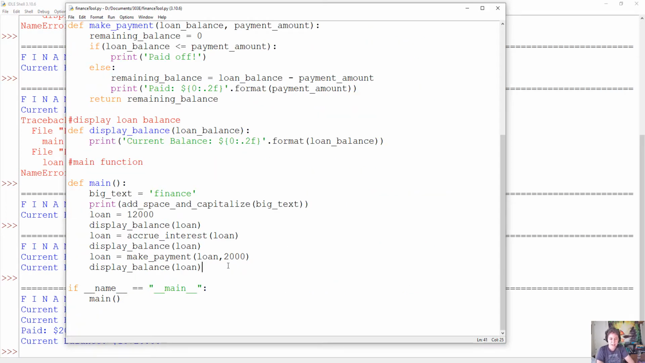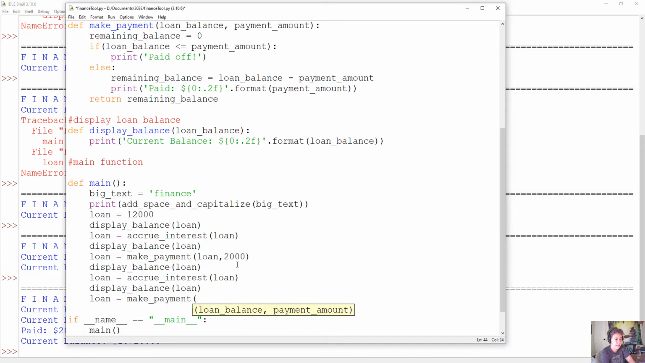So that worked correctly. Now, typically what happens is that your loans continue to accrue interest until you pay them off. So let's go ahead and accrue interest again. So we'll say loan equals accrue interest. Pass it the loan again. Once again, display our balance. And we'll go ahead and make one more payment. So I'm going to say loan equals make payment. And let's go ahead and say